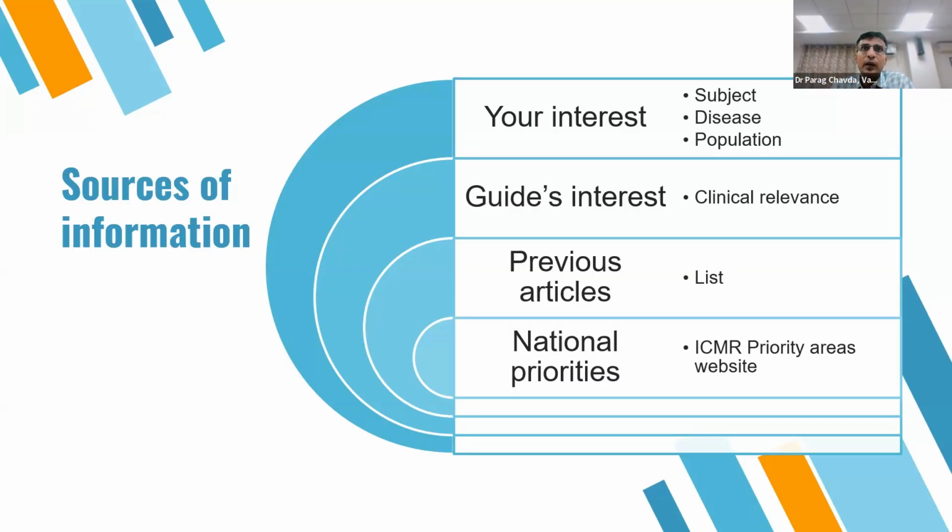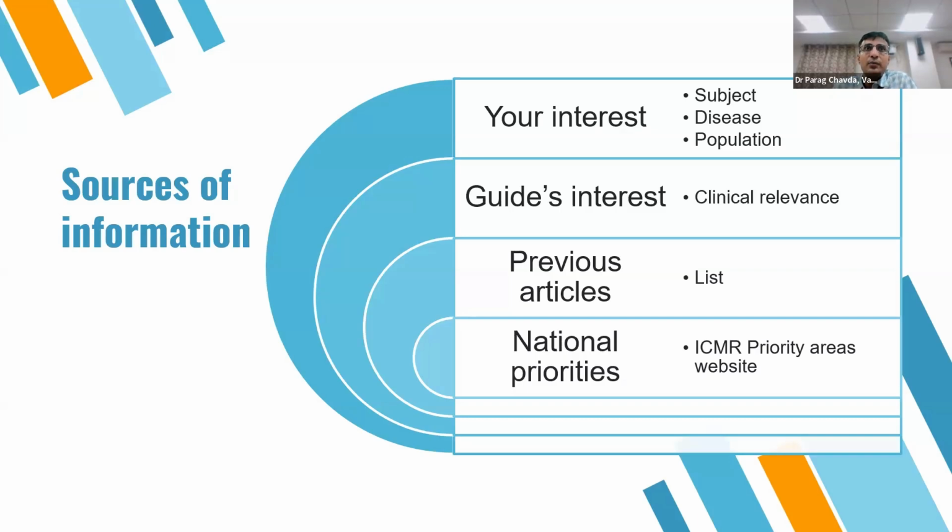So, say for example, when I look at the theoretical literature in different specialities, I might come across something which is interesting to the student, but might not be interesting to the guide, because the guide would feel that we do not see many patients of that particular disease in India, and hence it would not be fruitful to take that up as STS project. It has less chances of getting selected. Your guide would be able to tell you what is clinically relevant in India, and hence stands more chances of getting selected. The students can look at the previous articles. So ICMR STS is running for almost many decades now.